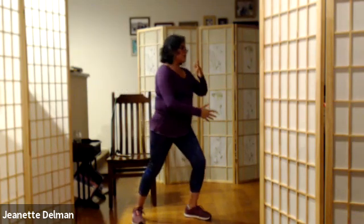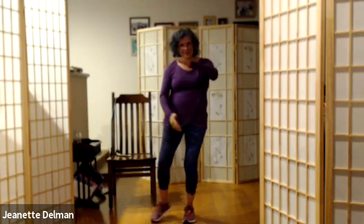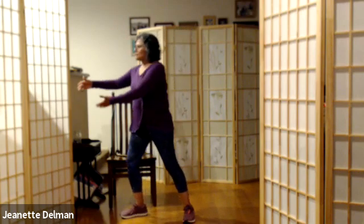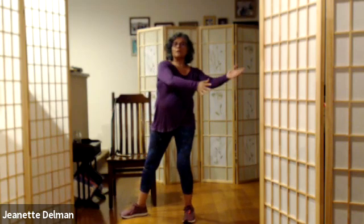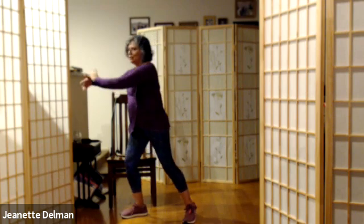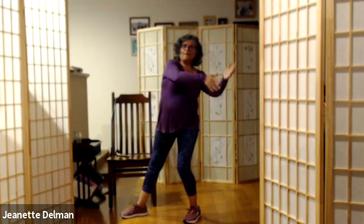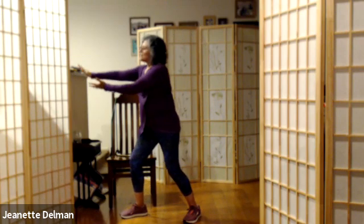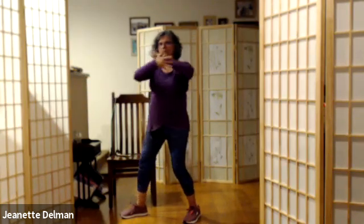Hand dives down, circle around, step in. This side, one ward off. One reach for that curtain. And now fold the curtain out. This is called grass bird's tail. And then you're going to push. Reach for the curtain again, slide back. Pull, push. Slide your hands across that curtain. Fold, push,